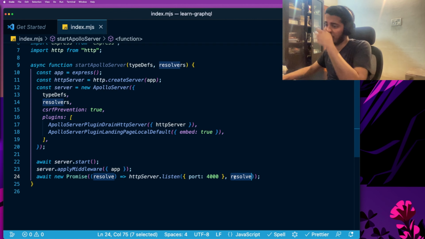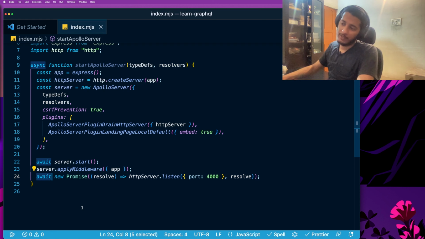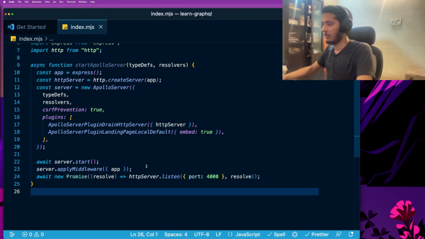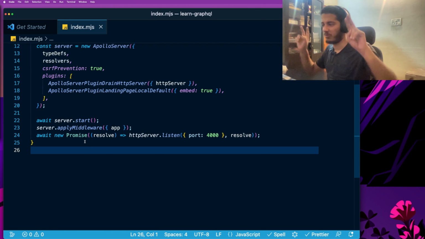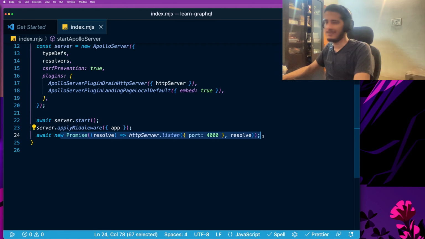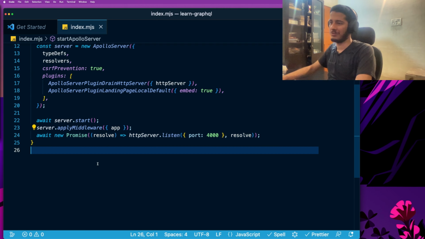So basically this promise will resolve at that time, and we have written await. You got the point, right? So we have promisified a callback based thing. Yeah, this is neat. I think this is a very intelligent solution of basically promisifying any